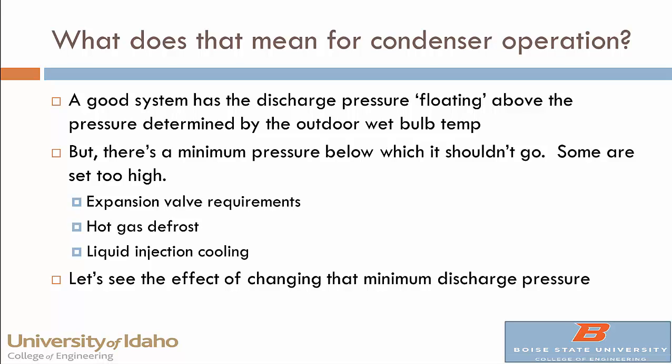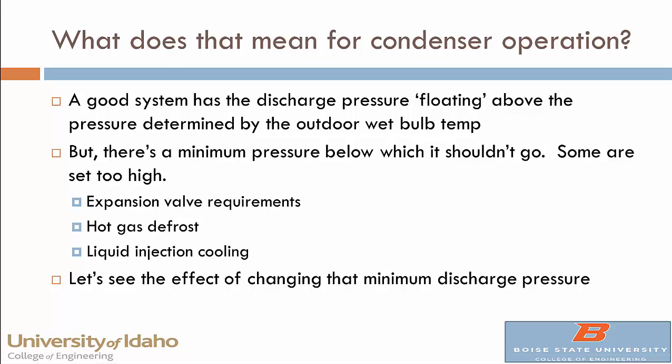And the idea here is to let the discharge pressure of the compressors float in such a way that it always kind of finds the right equilibrium point by the way the temperature and the pressures are interacting, rather than by a control system on the compressor. And let it float to a certain number of degrees above the wet bulb temperature. Now that said, all of these systems have a certain minimum pressure that they must get to for a number of reasons. And these are the most obvious ones. The expansion valve, the device that lets the refrigerant go from a hot gas to a very cold, saturated mixture,